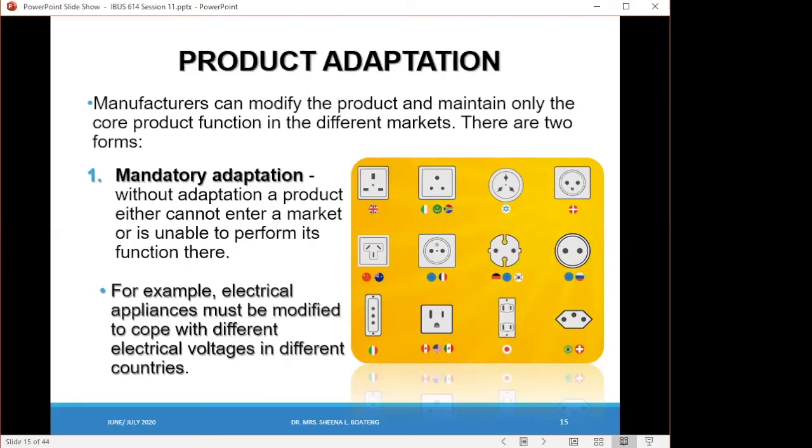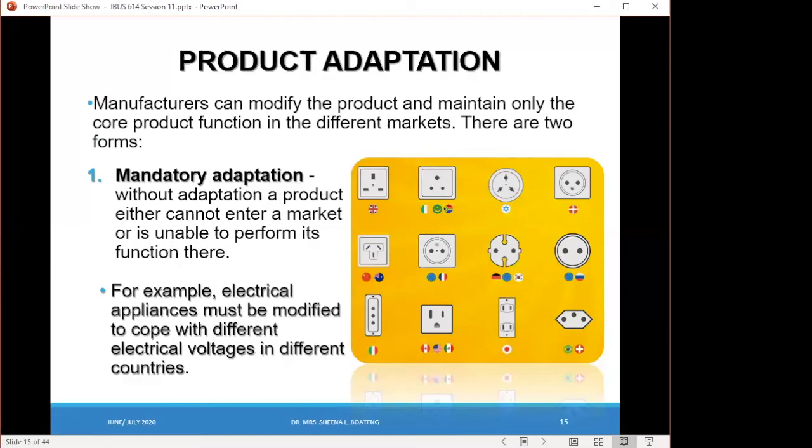In Ghana here, a lot of SMEs fail at exporting their products successfully, largely because of mandatory adaptation requirements that they are unable to meet. Because perhaps the products that they are exporting require them to have some kind of labeling and disclose some kind of ingredients or some kind of product formulation or creation processes. And their inability to do that is what prevents them from being able to successfully sell their product